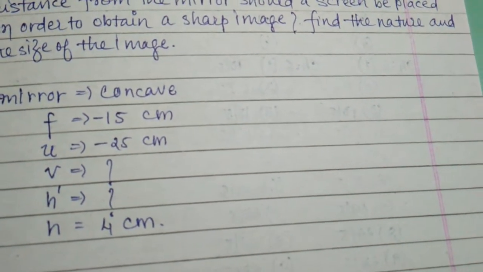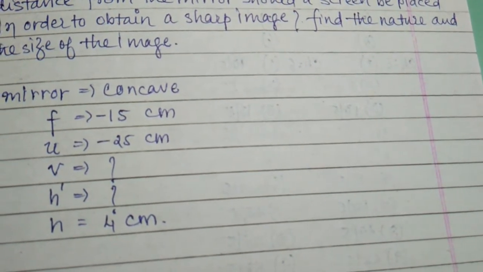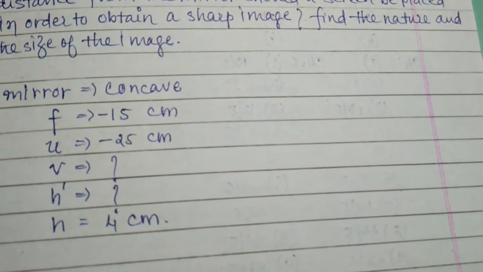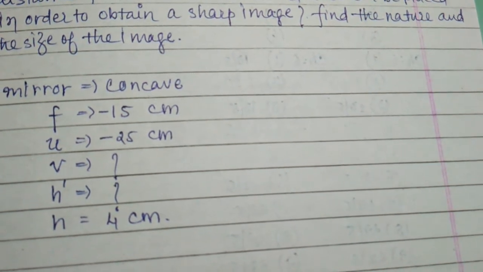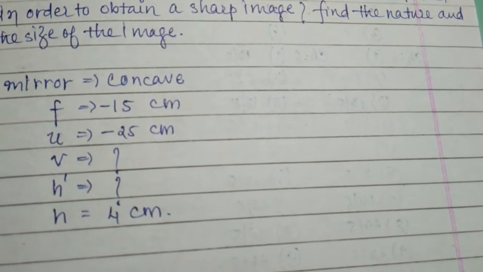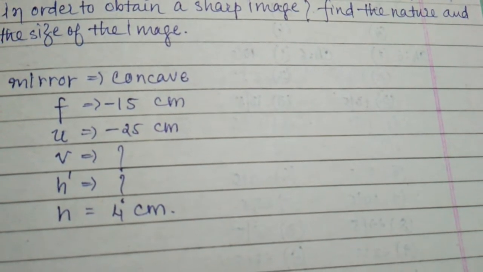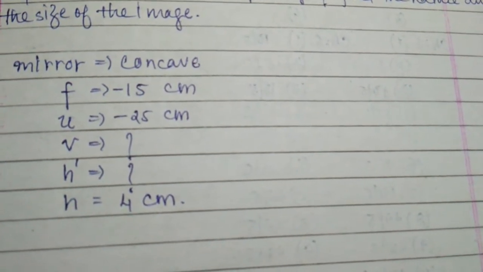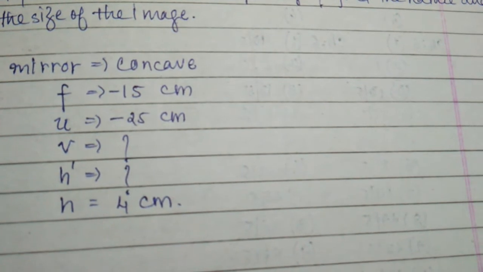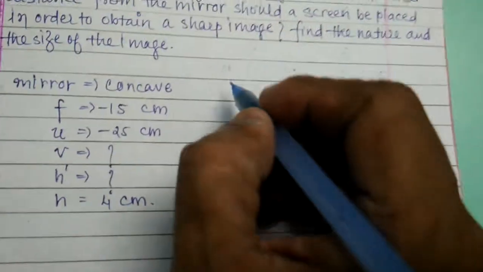So the image obtained, according to our figures, is obtained when the object is placed between center of curvature and focus. It is beyond the center of curvature, it means more than the distance of the radius of curvature. So here we can predict how and where the image is formed. So put these values in our mirror formula.